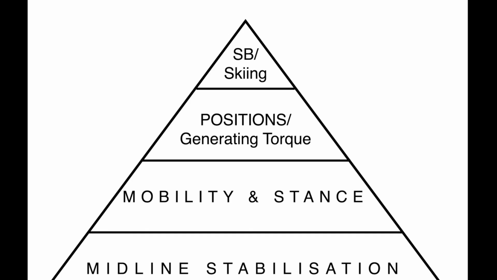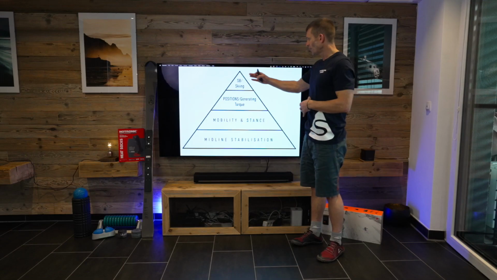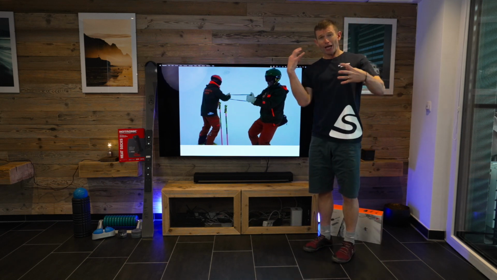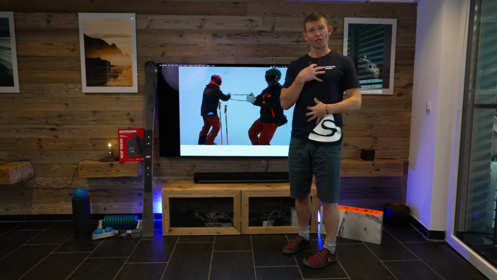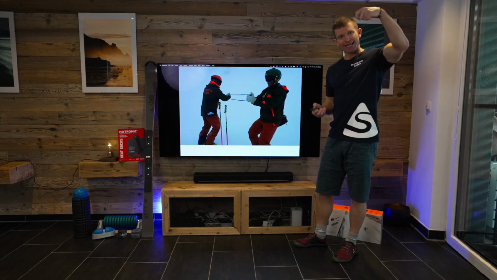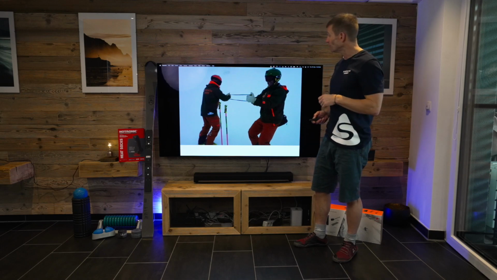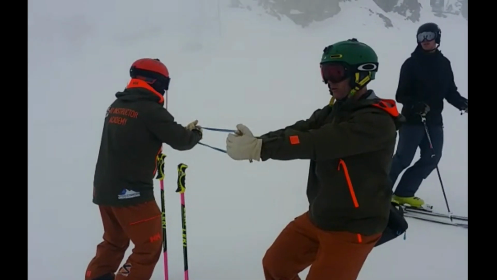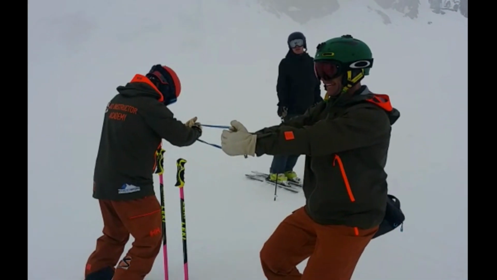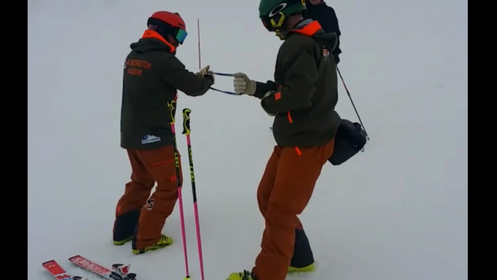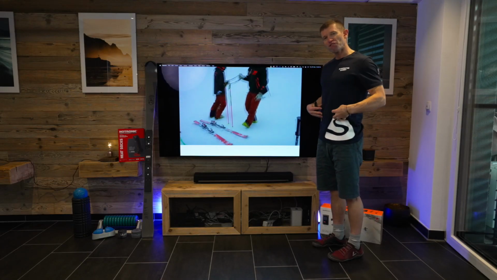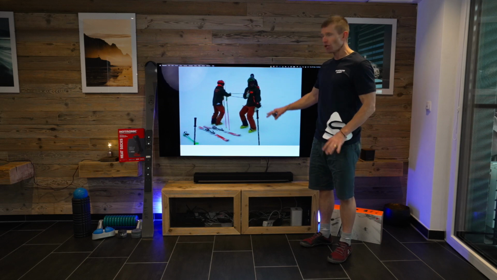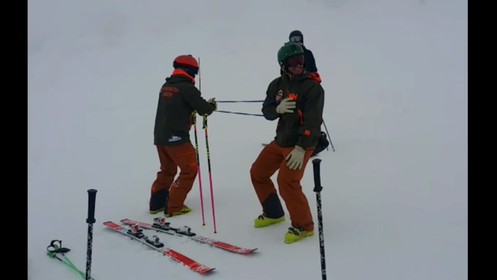So I always prioritize midline stabilization with people. Then I look at mobility and stance. Then I look at positions in a sport, in this case skiing and boarding. And to help people tune in to their core strength, which is going to hold their spine in a position, I often just take an elastic band, gym band, up onto the mountain, and by using the gym band, in the case Jamie's holding me and I'm providing myself with a vector force here as I extend my arms, I can explain to people and give them a chance to feel that rotational force that they're having to resist against.